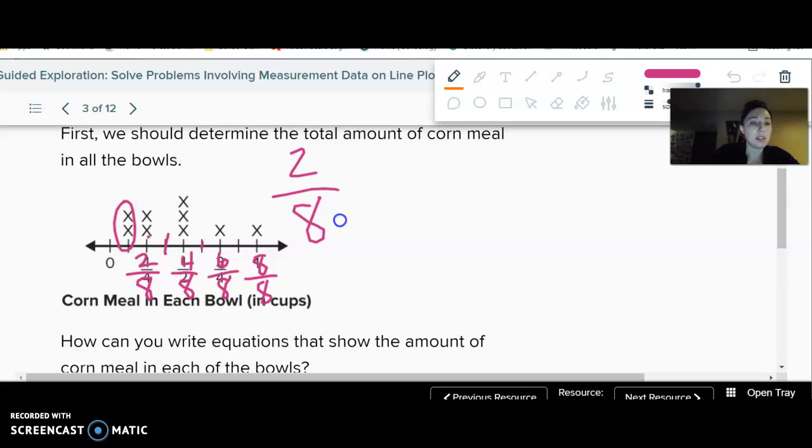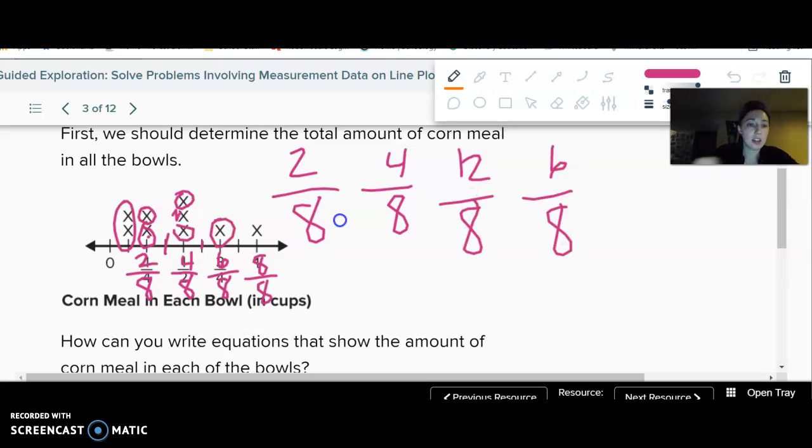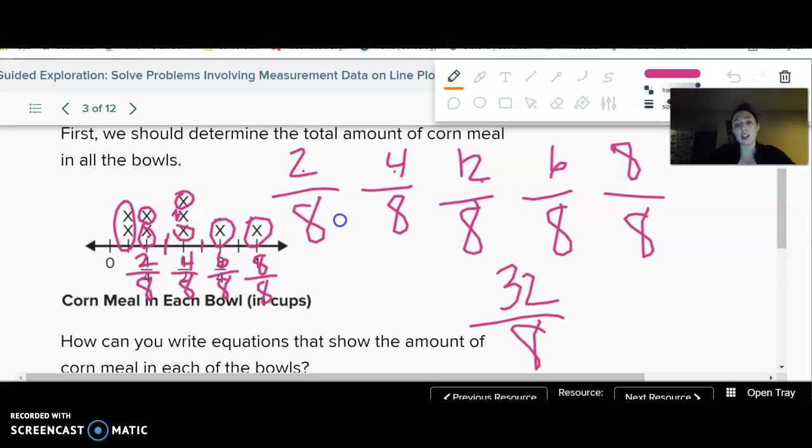So there's 2/8. This is another 2, that's another 2, so that's 4/8 in that column. Here I have 4, 4, and 4, so that's 12/8. Here I have another 6/8, and then I have another 8/8. So I can add those all together. 2 plus 4 is 6, plus 12 is 18, plus 6 is 24, plus 8 is 32. So altogether, I have